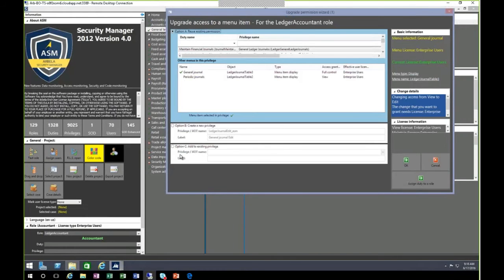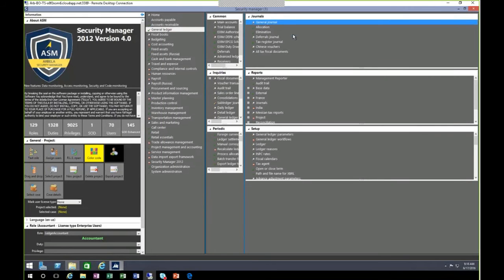Our wizards is a way of enforcing best practices on the user who is making the changes. You only have three options, and basically there's a naming convention attached, and you can choose the naming convention. The naming convention is attached to each new security object that's created, each privilege, each duty, each new role that's duplicated, etc. So I'm just going to cancel out. I'm not actually going to make any changes to security.